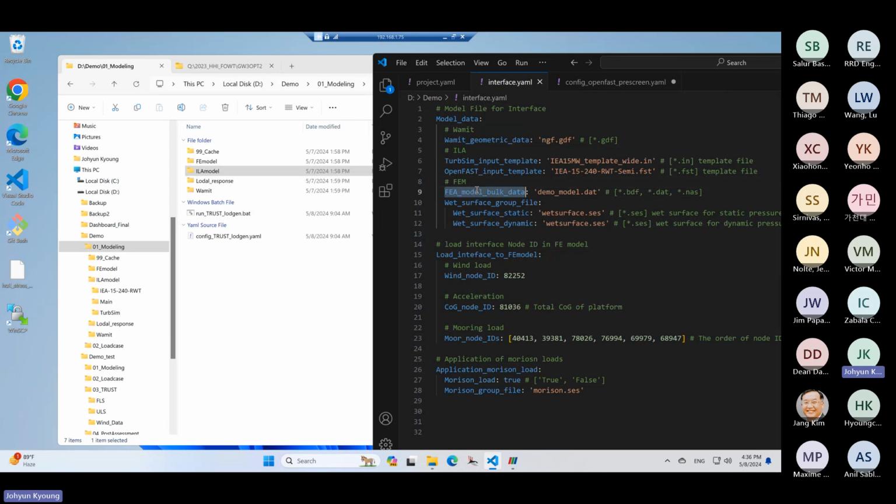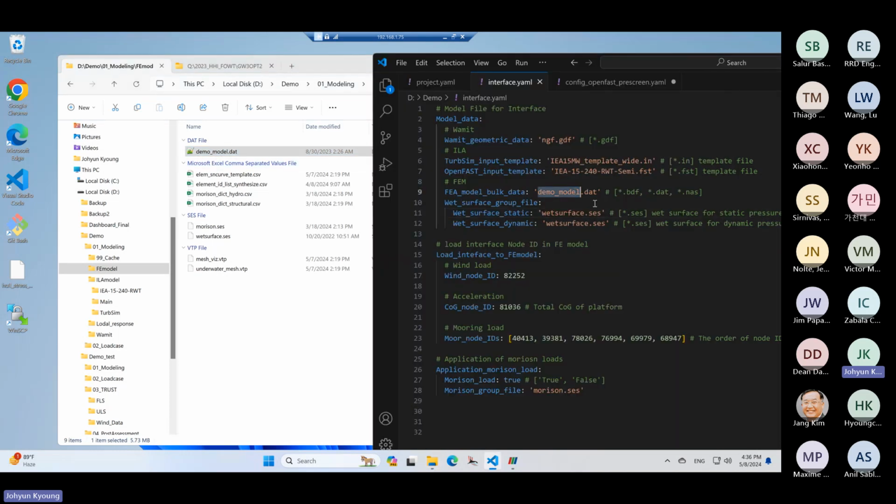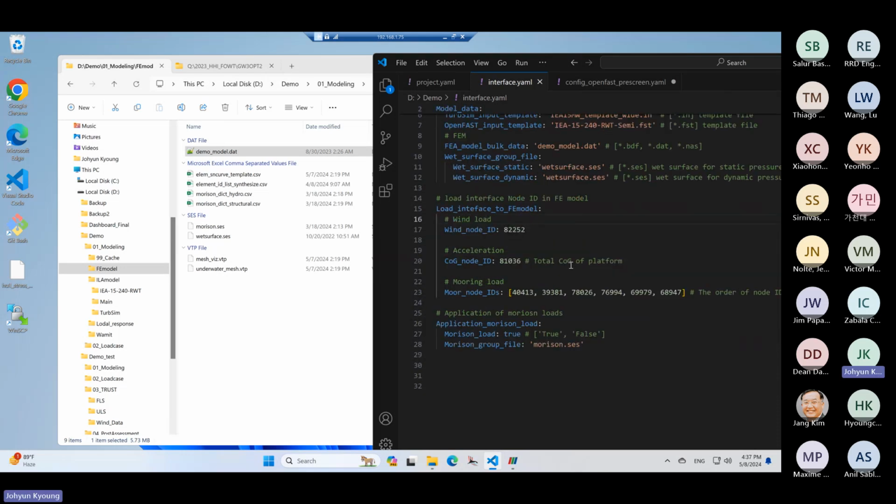And the FE model. So go to the FE model folder. The structural engineer provided this Nastran model underbar model data. So you can specify the weighted surface area and the group file name. And then the FE model and the ILA model need to